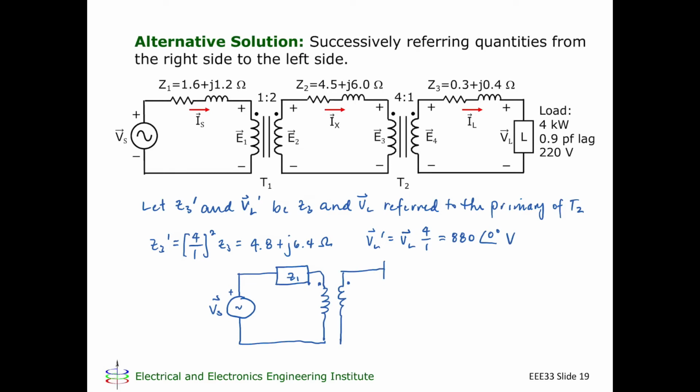I'm going to have Z2, this was referred here to the secondary, so I'm going to get Z3 prime and then my load was also referred to the secondary, so I'm going to get my load L,